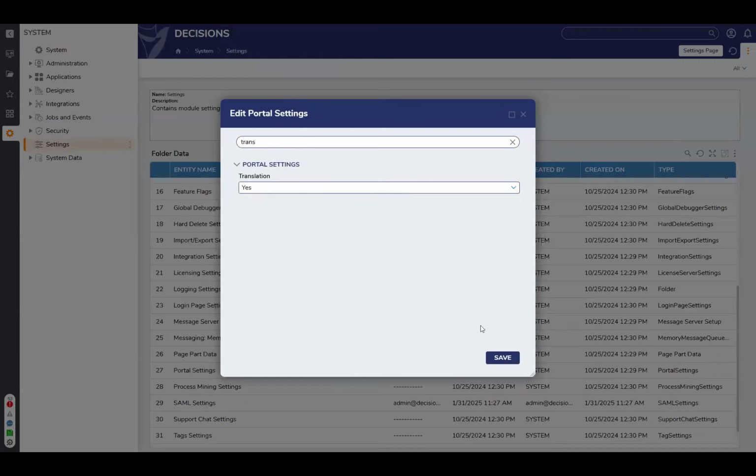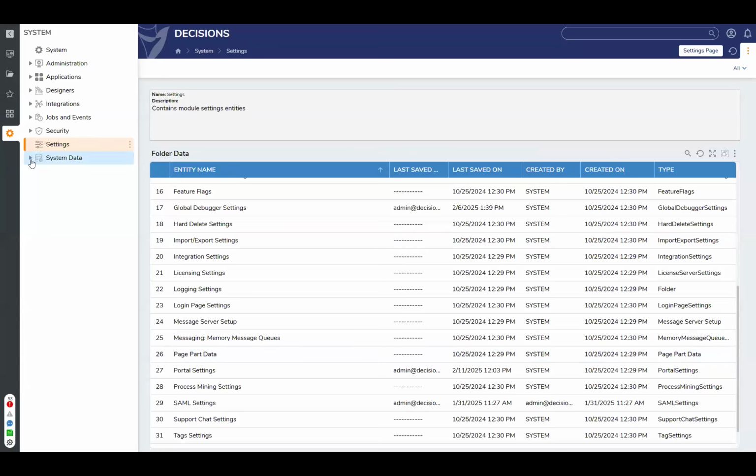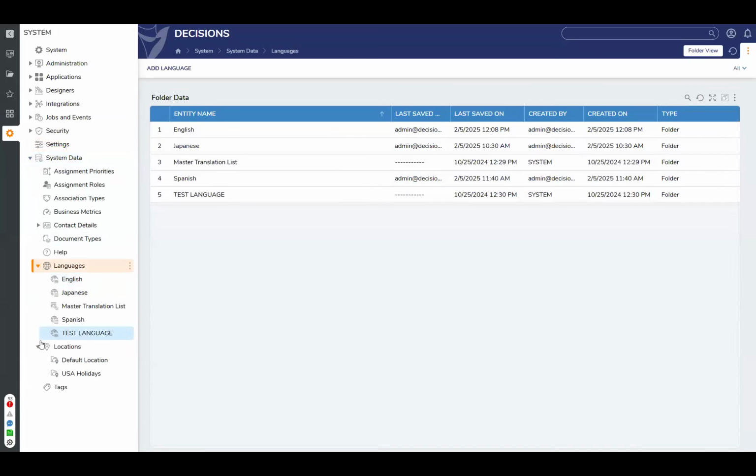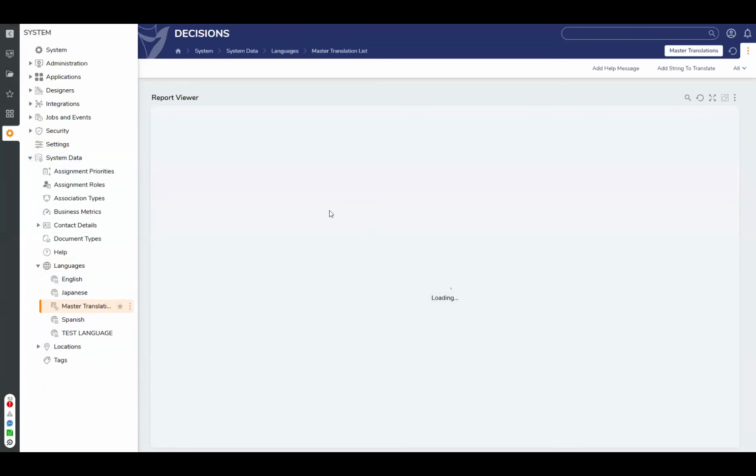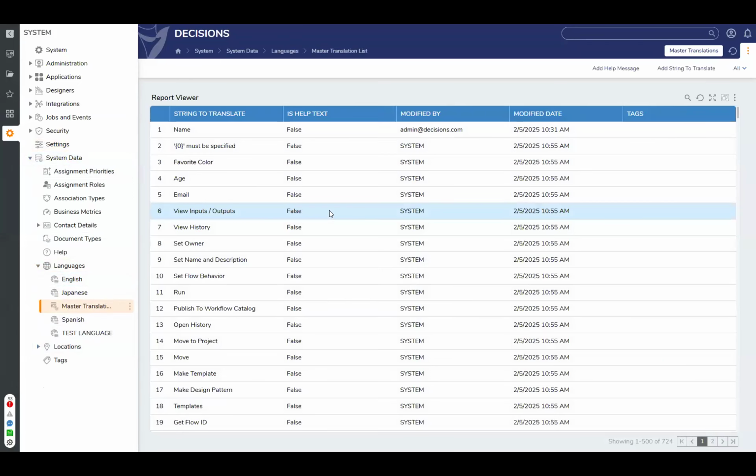If you turn it to yes and save that, you can now go to locations, go to languages. And over here, you're going to have a master translation list. This gets populated automatically from different forms and pages and basically user interactive elements in your environment.